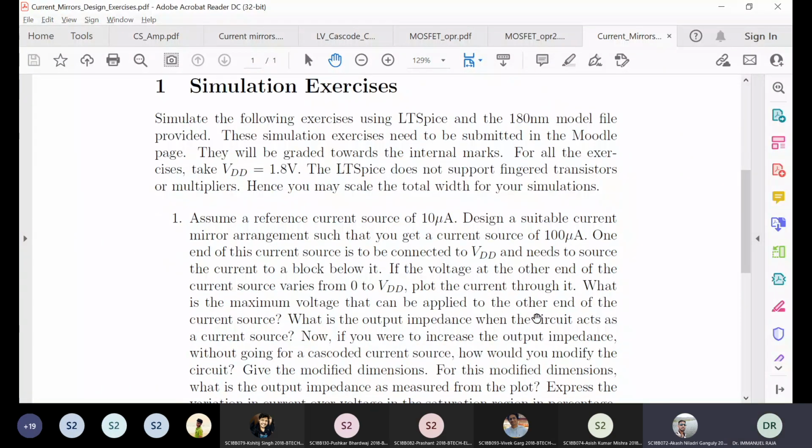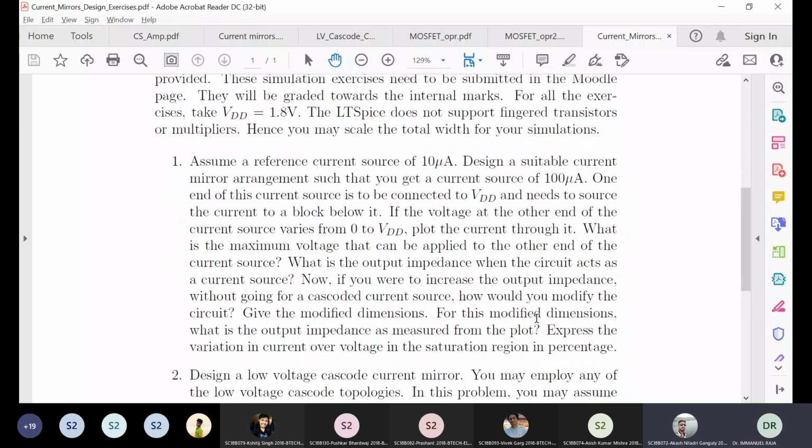Which one? The second one? This first one. First one, okay. Sir, this reference source is connected to the VDD, right? Yeah. Sir, I did this for a channel length of 180 nanometer for all the 4 transistors which we required. It was working fine. But when I increased the channel length to about 360, doubling the channel length,